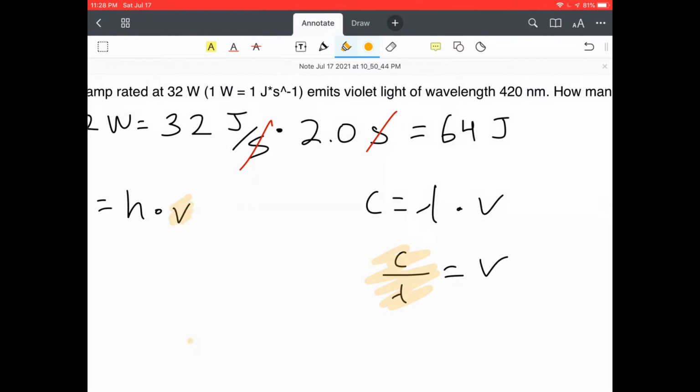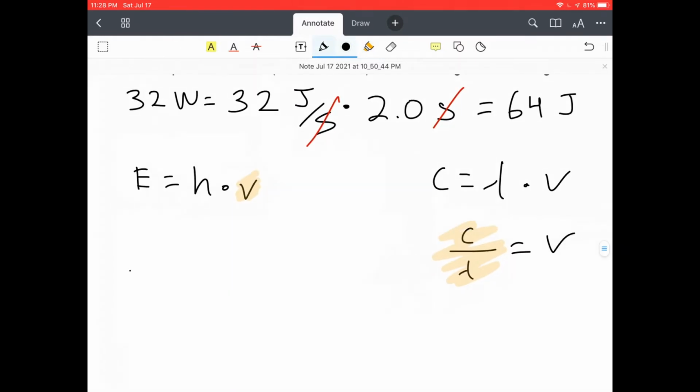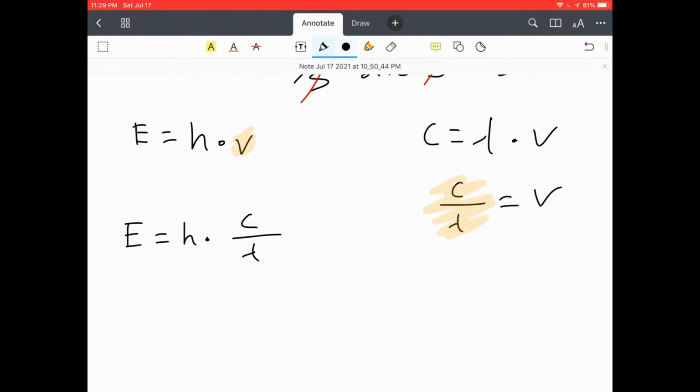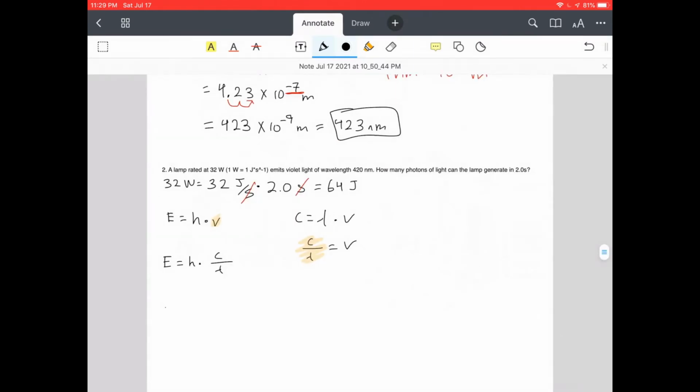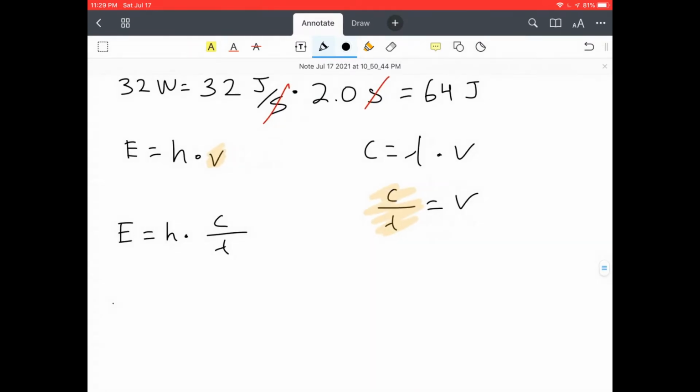And so that's what I'm going to do. I'm going to rewrite this equation as energy of the light, of the photon, of a single photon I should say, is equal to Planck's constant times the speed of light over wavelength. So now let's plug in all the units that we know. So just going to rewrite this here. Energy of one photon is equal to Planck's constant, which is